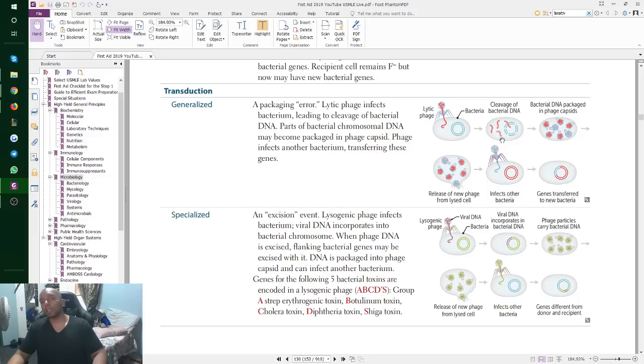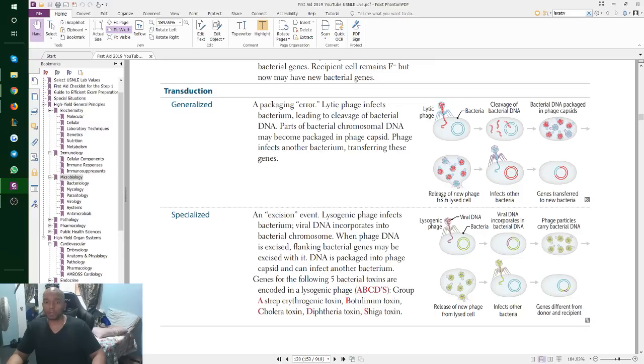But look at what happened. You didn't just make viruses that are clones of the original virus. You also took your own chromosomal DNA and made viruses out of them too. So now you have a new virus like this guy who's blue, right? So that's why they call it a packaging error. This bacteria was simply supposed to be a factory. It was going to be a factory to make duplicates of your original virus. But in making duplicates of the original virus, it actually ended up also making new viruses using its own chromosomal